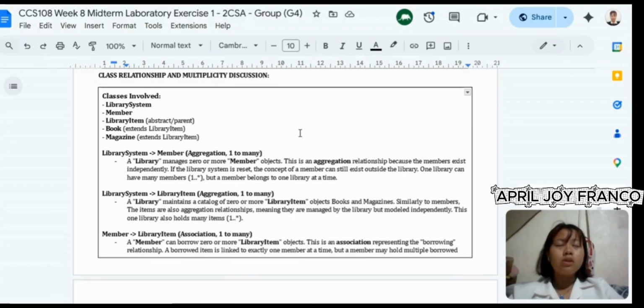This demonstrates polymorphism in our program, as the library system can handle both types uniformly through the parent class called library item.